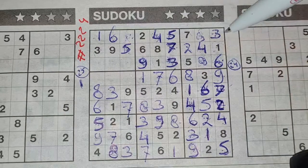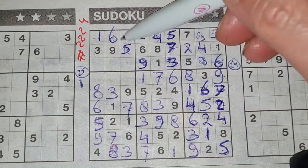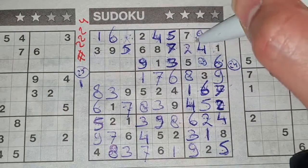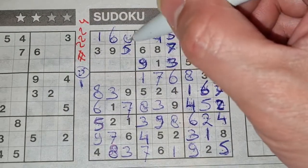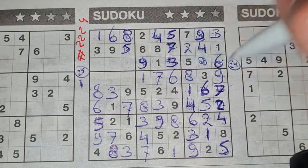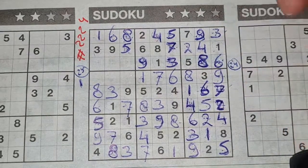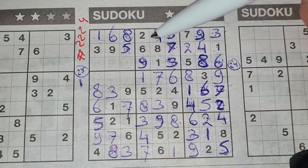1 box left in this. No. 8 and the 9 are left. We see here 9, no 9 there. 9 should be here. And the 8 goes there. 1 box left in this big square for the number 8. Okay. Then